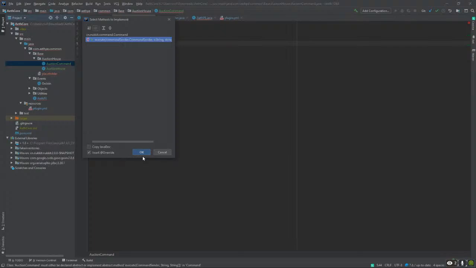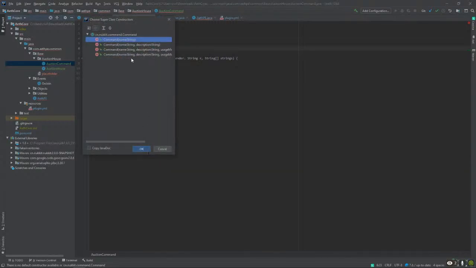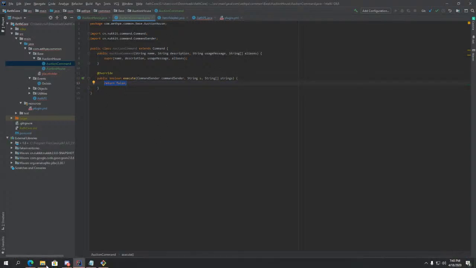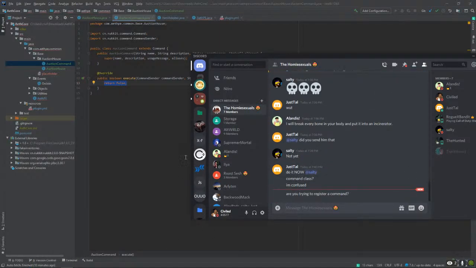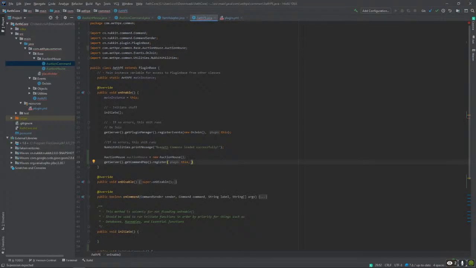Implement methods. Okay, that makes sense then. All right, perfect. Yeah, I'm trying to register the command. I get it now. I was like, well, how does the command map know the exact features of this?